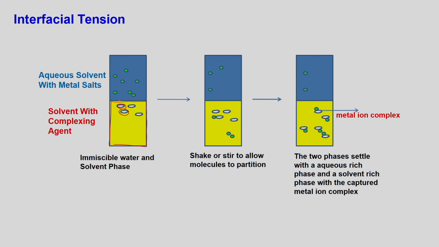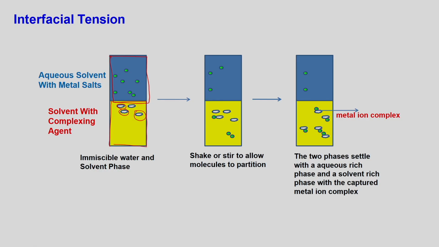Here let us say you have a solvent, and you have some complexing agent inside. Suppose you have a metal ion in a particular feed solution, and you want to remove it, you want to extract it. I am assuming this particular phase is of lower density than the solvent. So, what you do, the solvent may not go inside and pick up this metal salt.